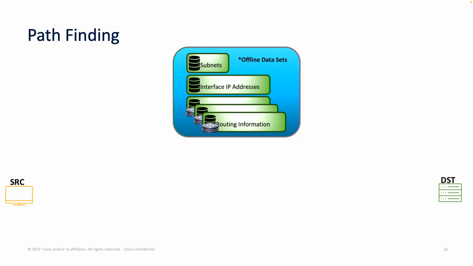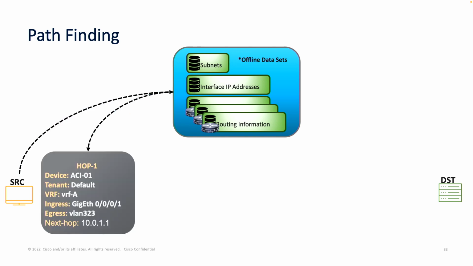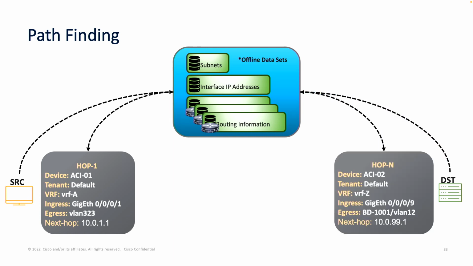In the software, in our solution, we will be consulting these offline data sets. When a particular source and a particular destination is given, the first thing we do is find the hop facing the source, find the hop facing the destination. We do it for a particular reason. Not all the time the destination will be in your network. Maybe it is on the internet. Maybe it is an unknown destination. Maybe the hop cannot be found. So doing this task in the first place will help you understand which scenario you are in,